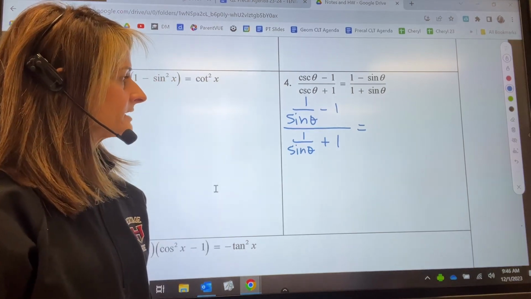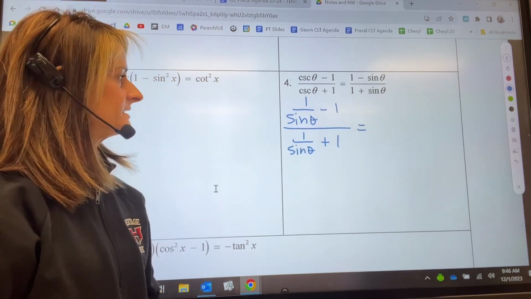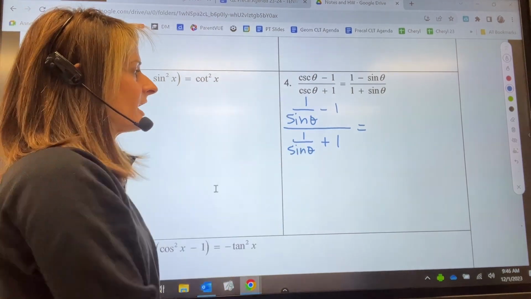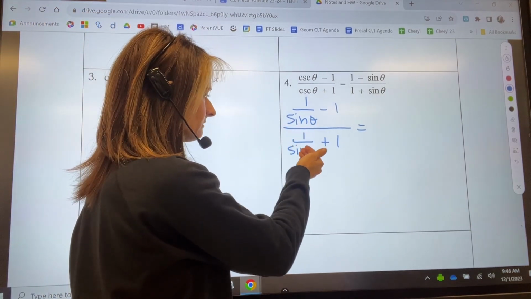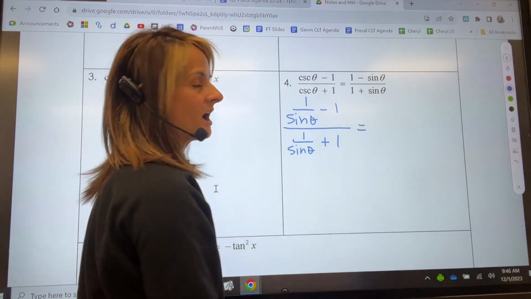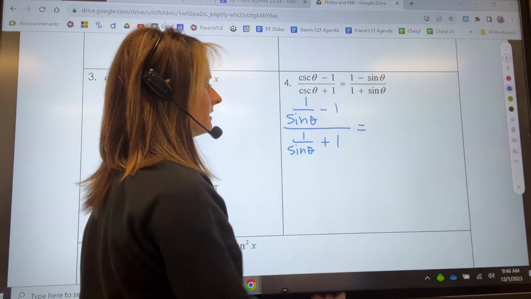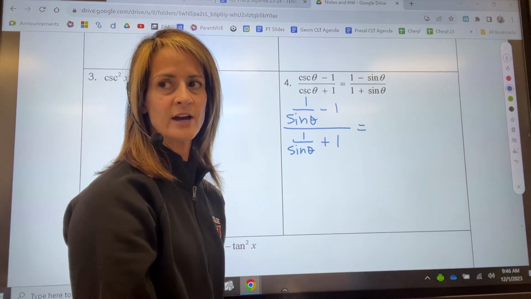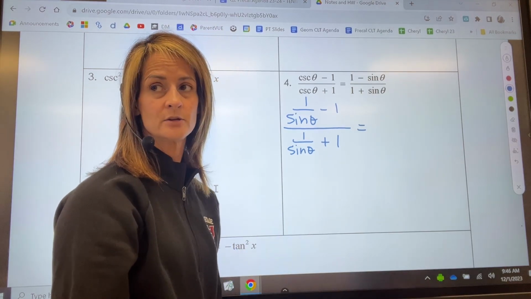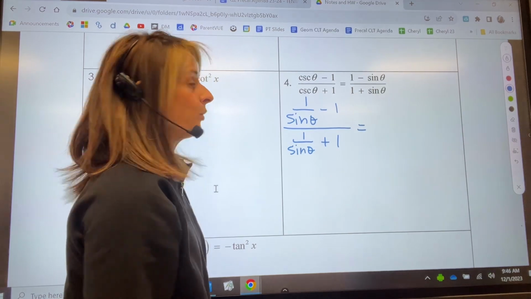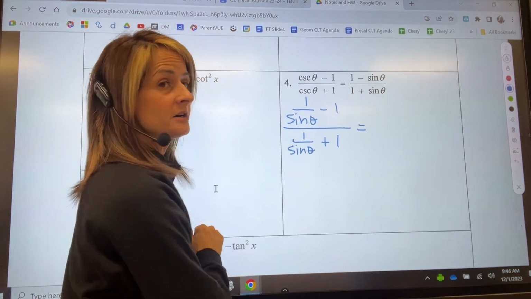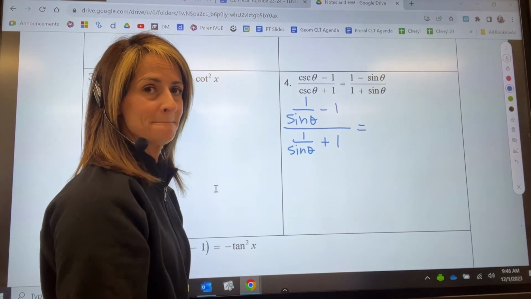I wrote cosecant is 1 over sine. Once I did that, it looks kind of yucky. Both in the numerator and the denominator, I have a fraction with a denominator of sine plus 1. The denominator of that 1 is a 1. I can't add those two fractions together because they have different denominators. So what I'm going to do is multiply through both the numerator and the denominator by sine